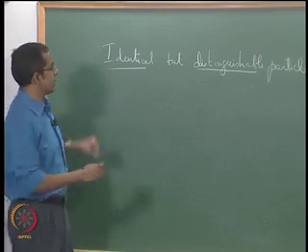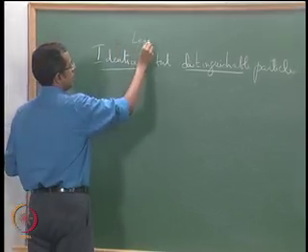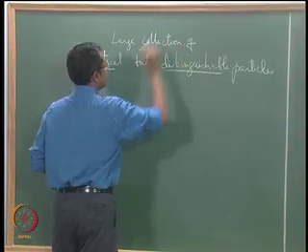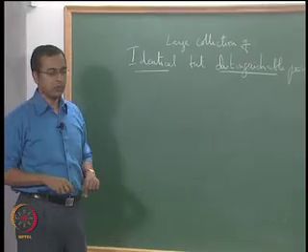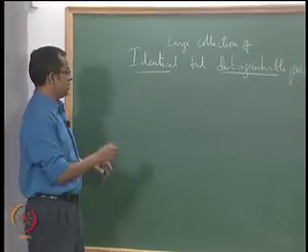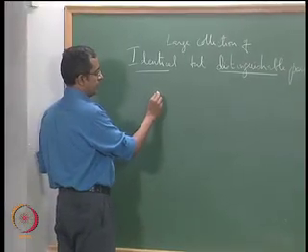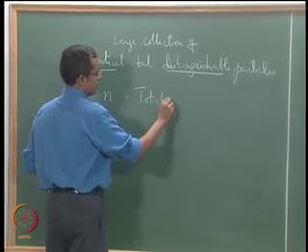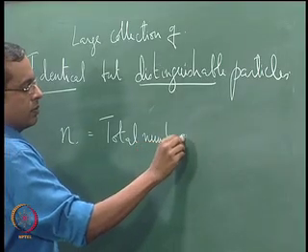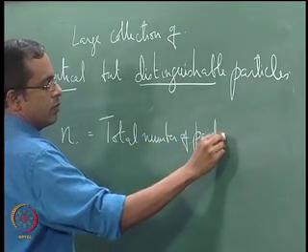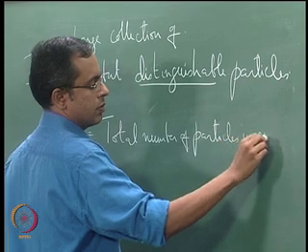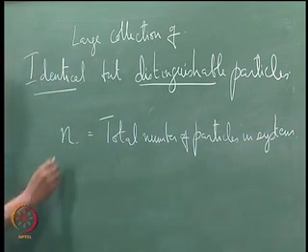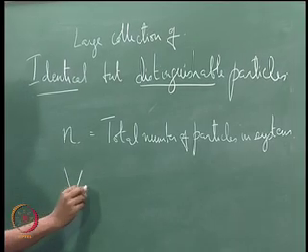Okay, so we have a large collection of identical but distinguishable particles. Okay, so this is what we have. So we will just say the total number of particles in our system is N. We will say the total volume of the system is fixed,